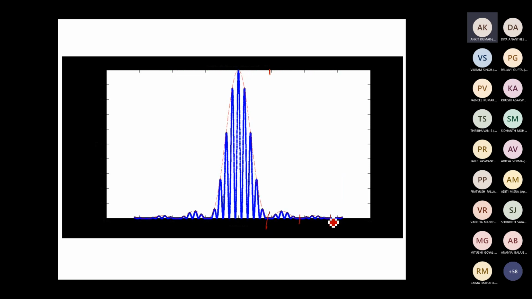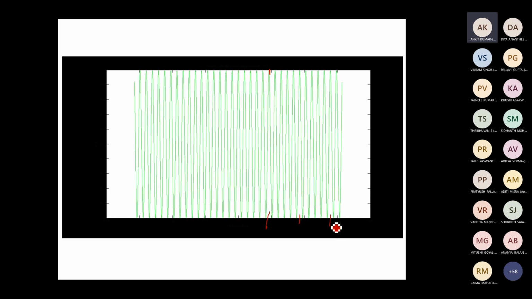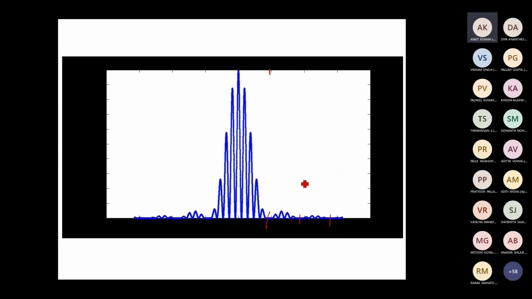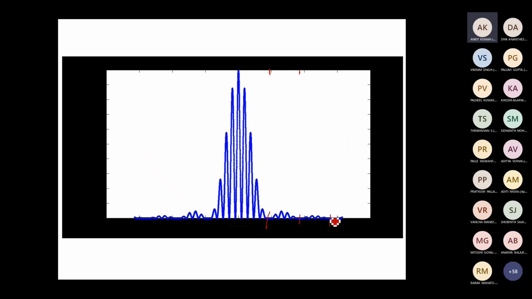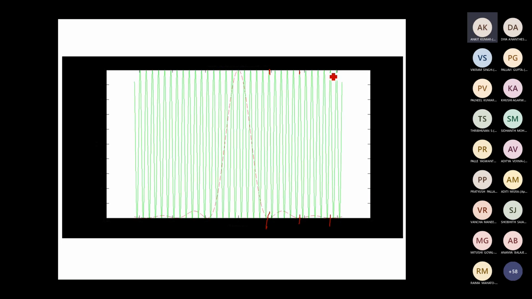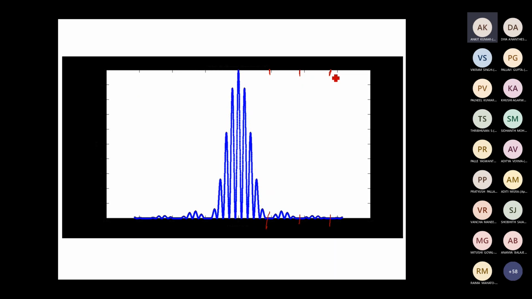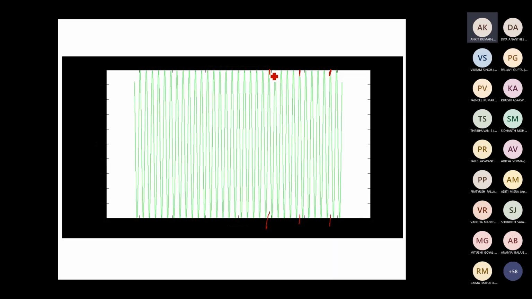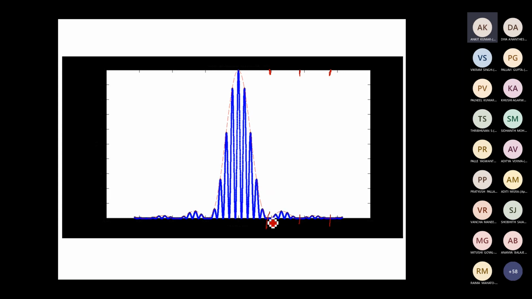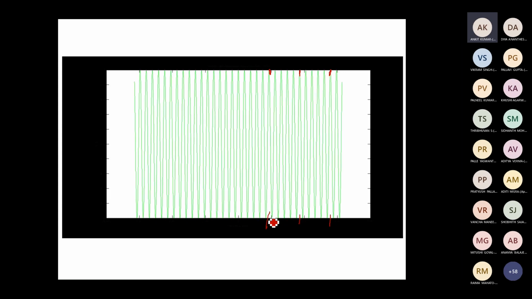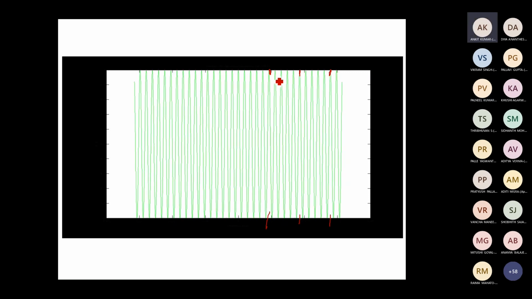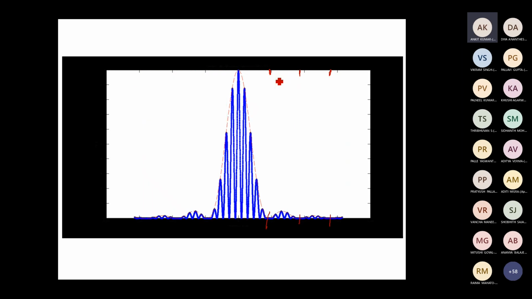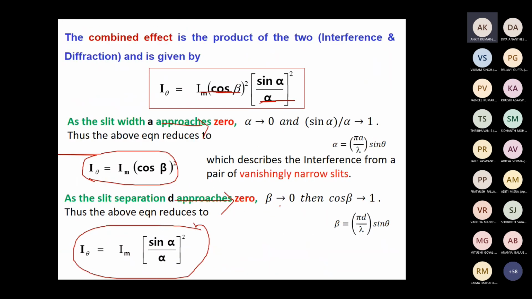Observe the red line. See, 1, 2, 3. At those positions, since a diffraction minimum is falling, the corresponding maxima will be missing. So these maxima will go. This one will be missing, I think, if I'm correct. And again, let me come back to this. So these three maxima will disappear in the diffraction pattern due to the overlapping of the diffraction minimum forming at the same angle where interference maxima are formed. That we call missing orders. So I will repeat this again.